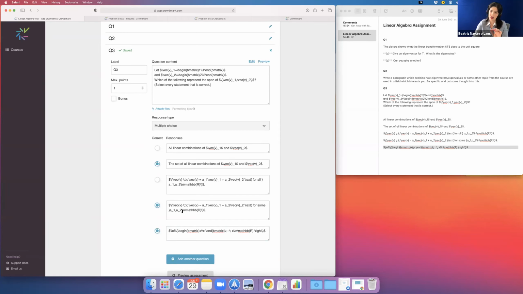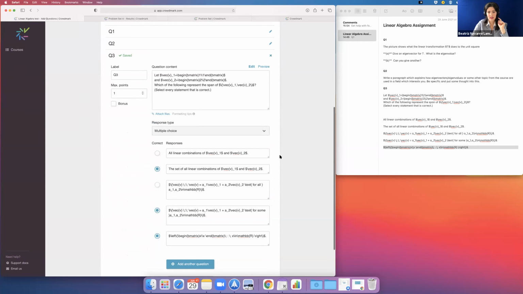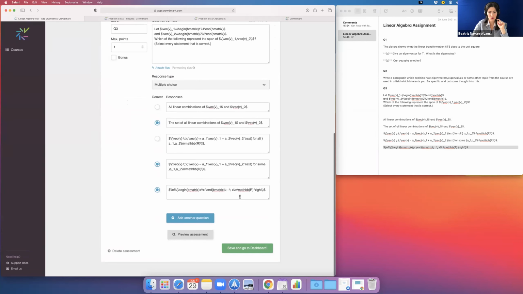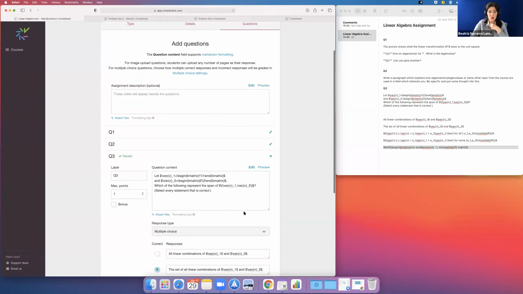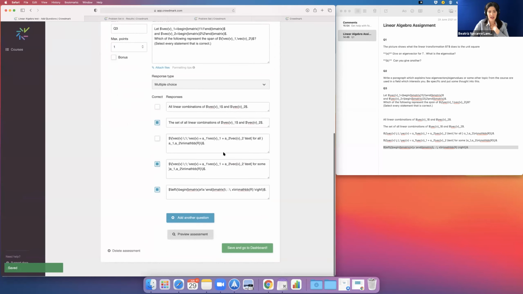But right now, the way that it is set, students will only be allowed to choose one answer. It's the same thing as in Google Forms. When you see the circle, it's just one answer. But if it's several ones, then it's multiple answers. So how do we do that? Well, you have multiple choice settings here. And now you say select all the ones. And now it changed to square. So now students will have to select all the three of them.